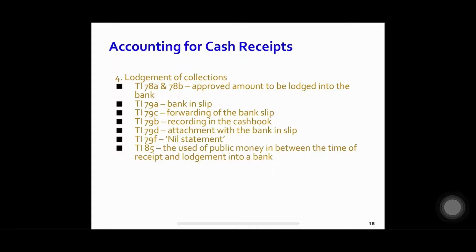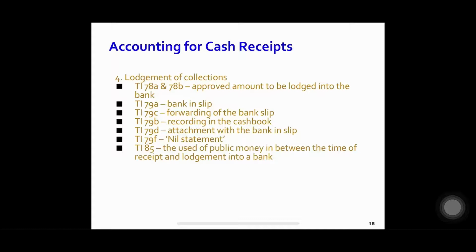So, the last one is lodgement of collections. All the money received that reaches the approved amount must be lodged into the bank in accordance with the specific revenue code. Under TI 78A, it indicates that the maximum approved amount is when the cash is in excess of RM 500 or when the total collection including checks, postal and money orders is exceeding RM 2000. If a smaller amount is collected on the last working day of the month, it must also be lodged into